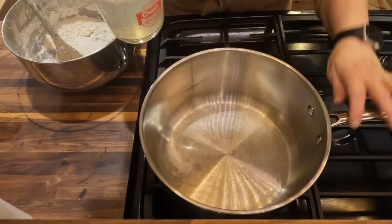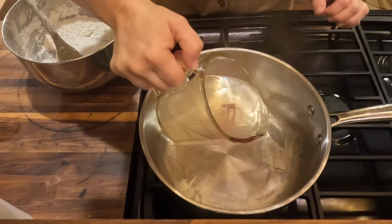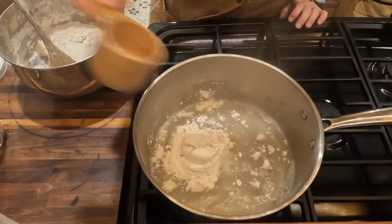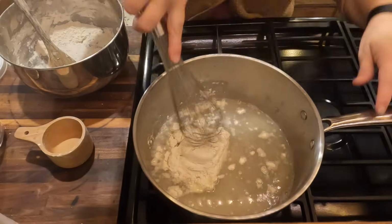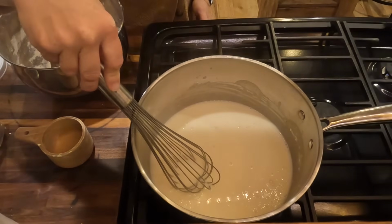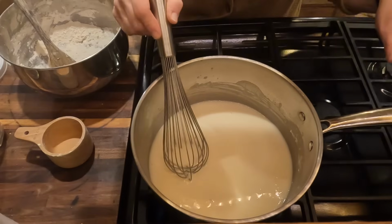Okay, I'm going to make my own cream of chicken soup instead of buying a can at the store. I'm going to start with 2 cups of that hot chicken broth, and I'm going to whisk in 1/2 cup of flour, 1 teaspoon of salt. Okay, I whisked all of the lumps out. I'm going to cook this on medium heat until it thickens up a good bit,